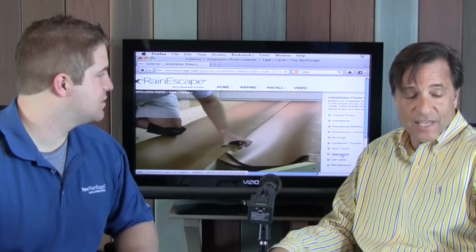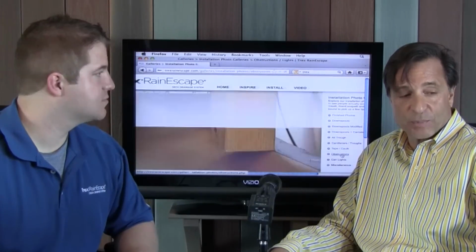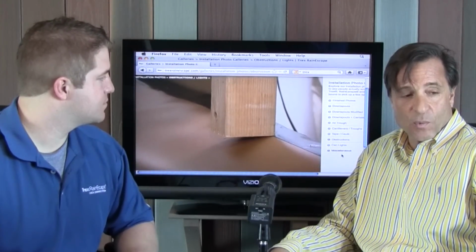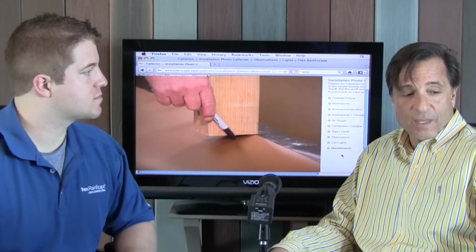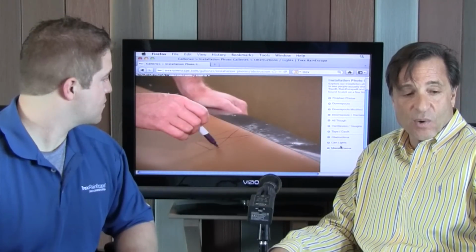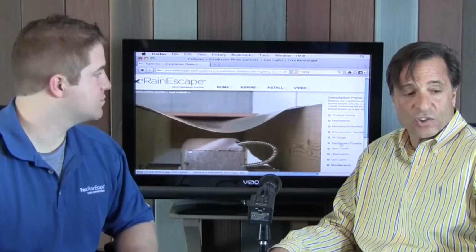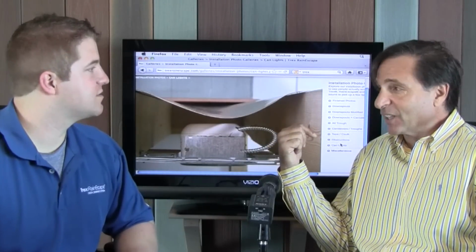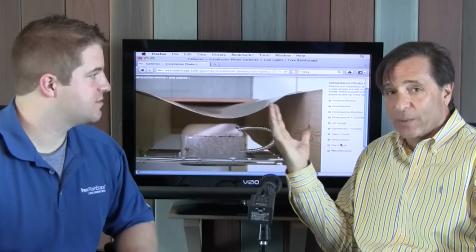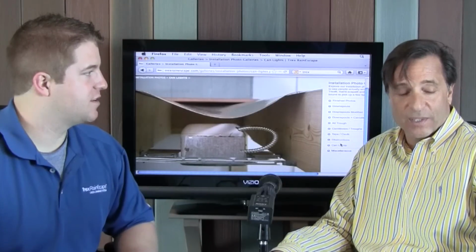Then it has a little section on what happens when there are obstructions, or something's in the way. Yeah, I suppose you can take a look at this video and what happens when we have lights. Now this is important because if you're going to do this to your deck, you're probably going to finish it off with plenty of electrical work. One of the pictures there had a television and all that, and that's certainly going to protect the television from any water. And you get the electrical, because we always know electricity and water...